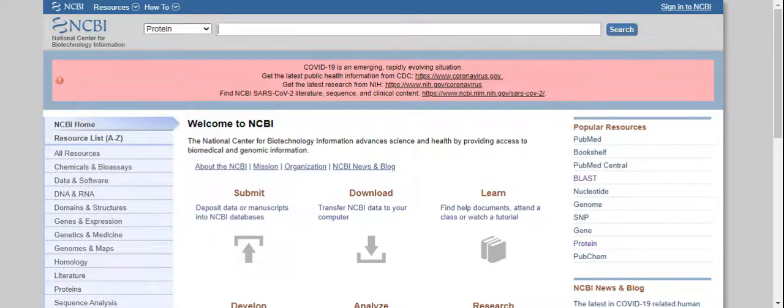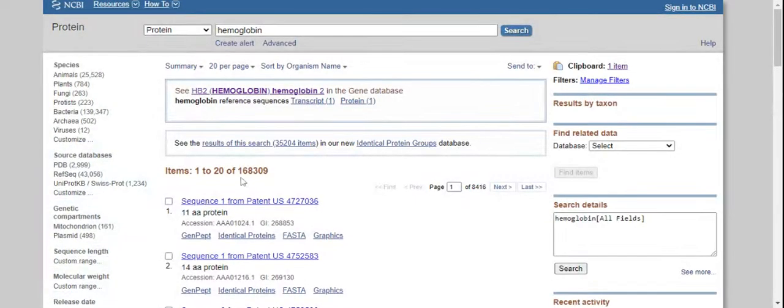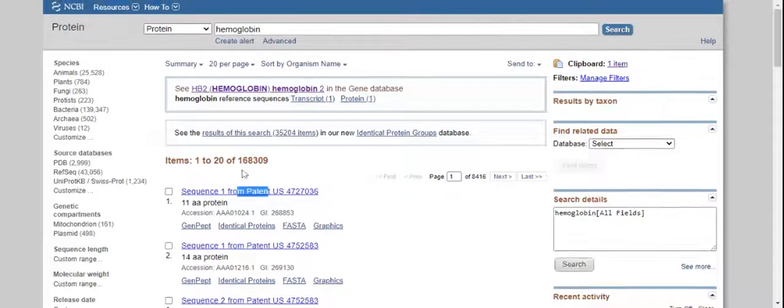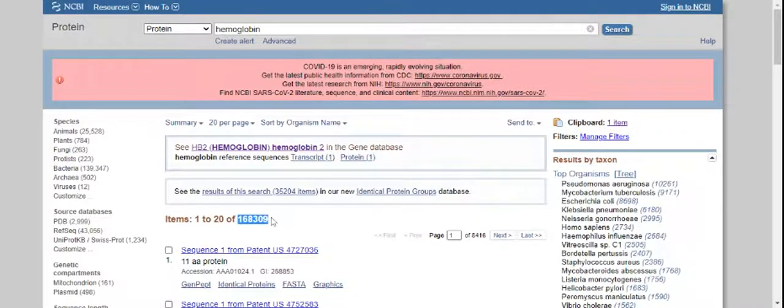For example, to compare the hemoglobin protein sequence, we will type hemoglobin in the search box and click search. The result gives us about 168,309 sequences.